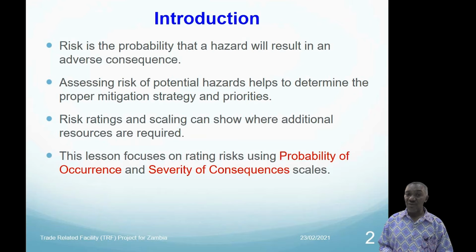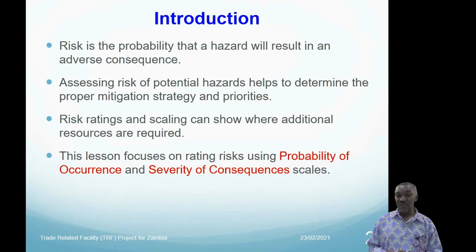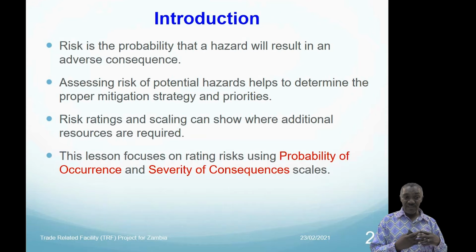And in so doing, you need to rate the risk. You need to rate the risk so that you know which one is a higher risk and which product has a lower risk. So that's what we talk about as risk rating. In that case, you have some form of scaling which can be used in order to make choices. And this is very important, not only in making choices, but also with respect to prioritizing intervention